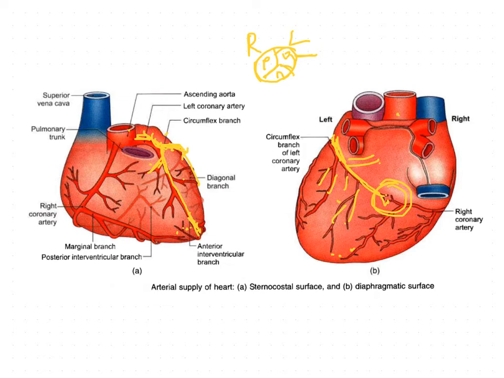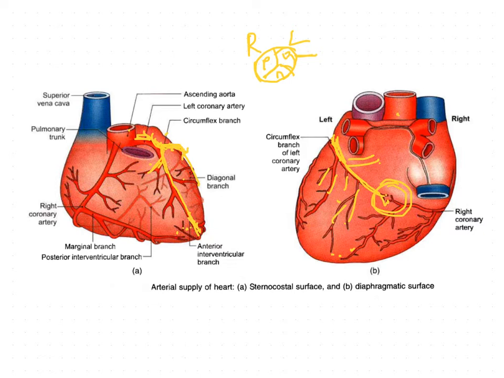The internal thoracic arteries, the bronchial arteries and the phrenic arteries anastomose through the pericardium. These channels may open up in emergencies when both coronary arteries are obstructed. Okay, these are all the anastomosis of the